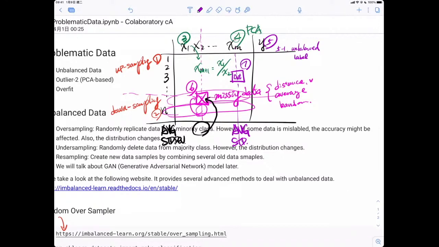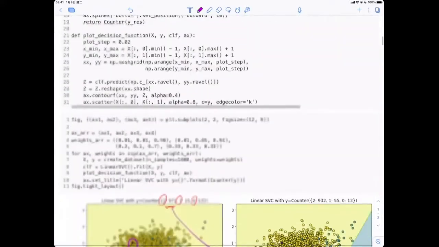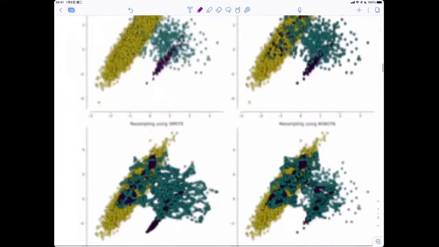How do you define an outlier? There are several different ways.